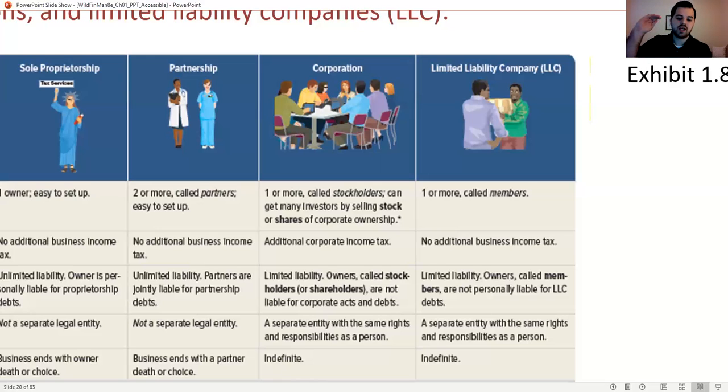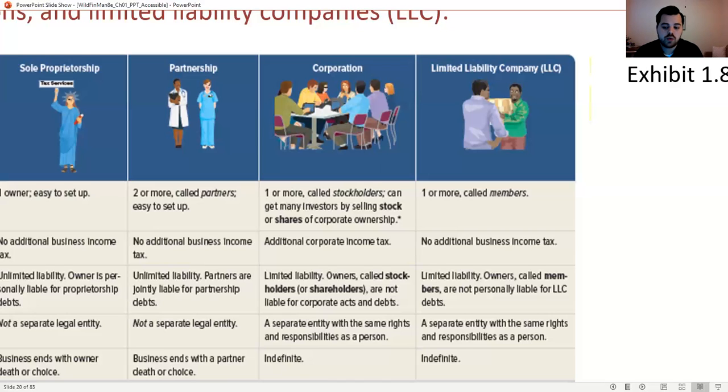So you do see this second layer of tax. The company pays the tax first, there's your first layer, and then the individual pays the tax when they actually receive the cash out in the form of a dividend. So you say, well, why on earth would I want to be a corporation? I'm paying tax twice. I don't like paying tax once. Why would I volunteer for this? So the idea here is this will give you protection in the form of limited liability. This allows our owners, called stockholders,